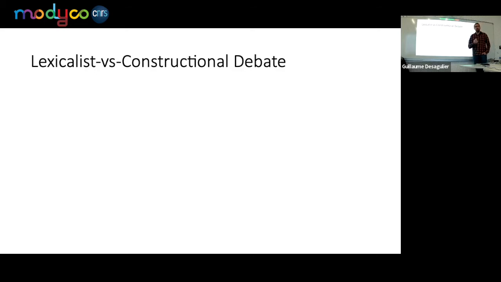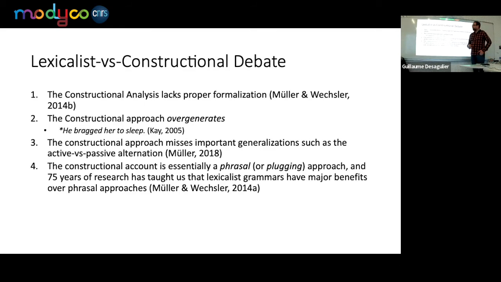Now, first of all, a misunderstanding about the construction grammar approach is that everything is put in constructions. That's not true. Constructional approaches also have a very richly specified lexicon. It's just that the grammatical constructions are also meaningful as opposed to just combinatory constructions. Now, to go into the matter of the debate, first of all, the lack of proper formalization,